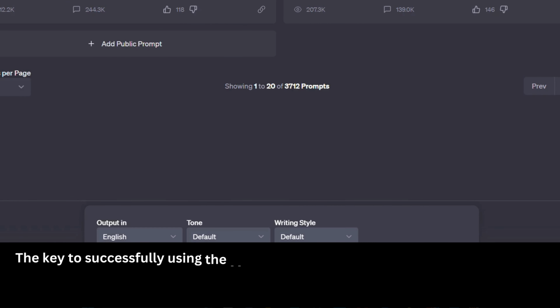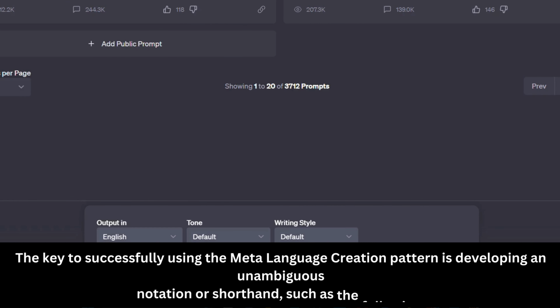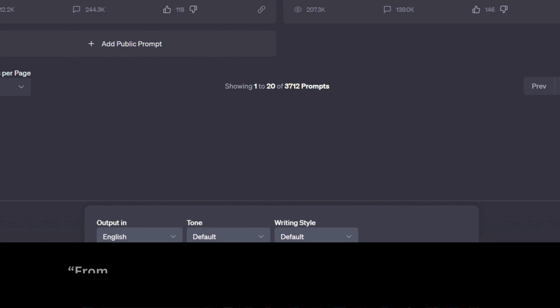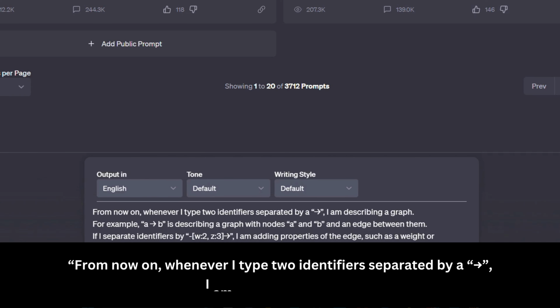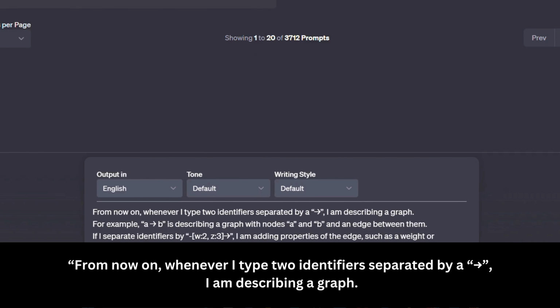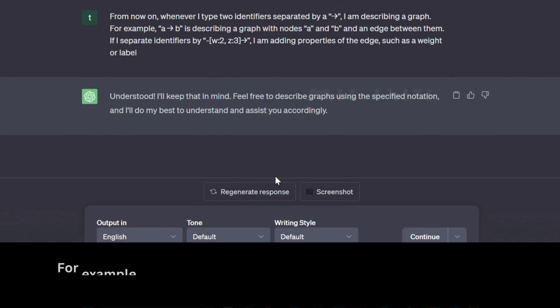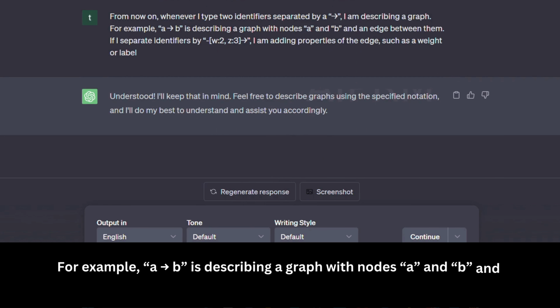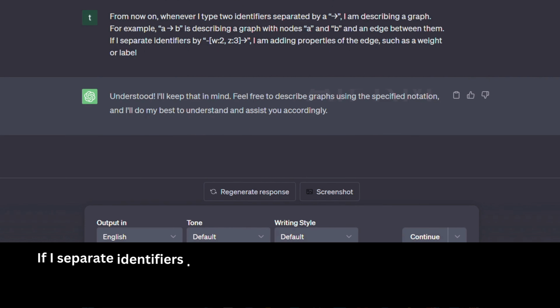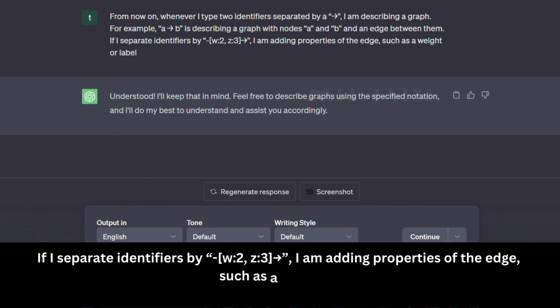The key to successfully using the meta-language creation pattern is developing an unambiguous notation or shorthand, such as the following. From now on, whenever I type two identifiers separated by a symbol, I am describing a graph. For example, A B is describing a graph with nodes A and B and an edge between them. If I separate identifiers by W, 2, Z, 3, I am adding properties of the edge, such as a weight